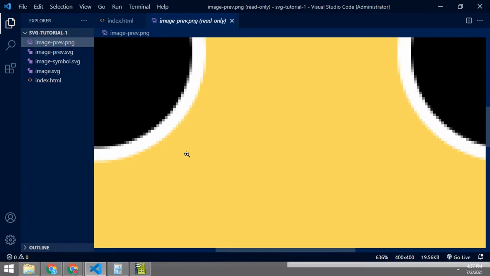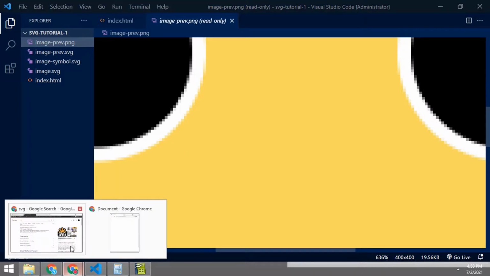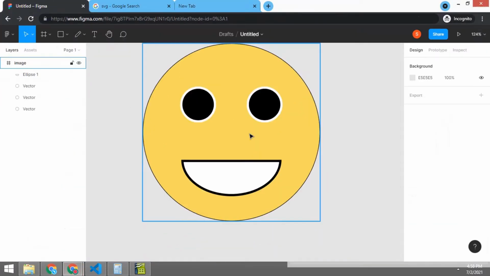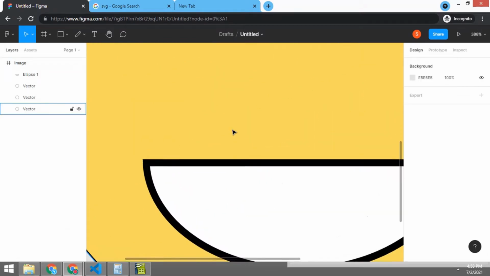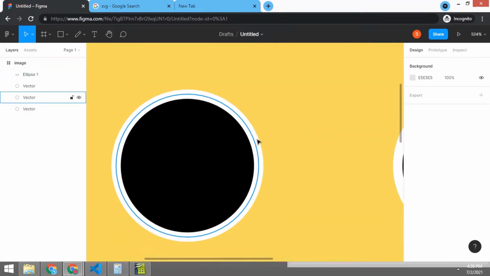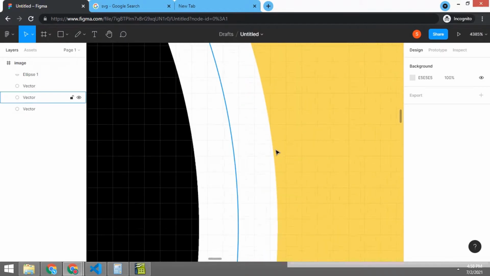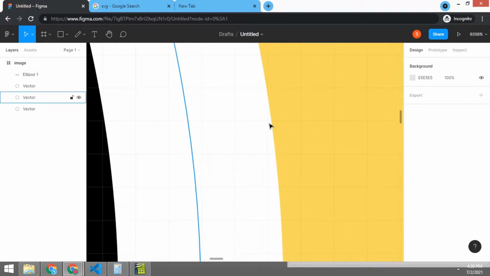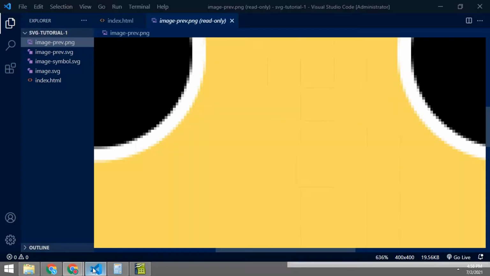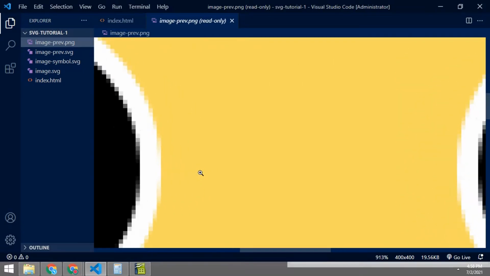But this is not the only problem. There is also another problem: in a website it takes too much time to load. It makes an HTTP request also, which makes our websites a bit slower. But the SVG looks like this. See, even at 1 pixel, it is too sharp to compare.